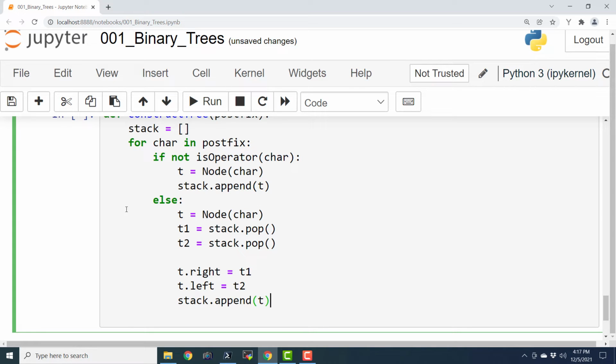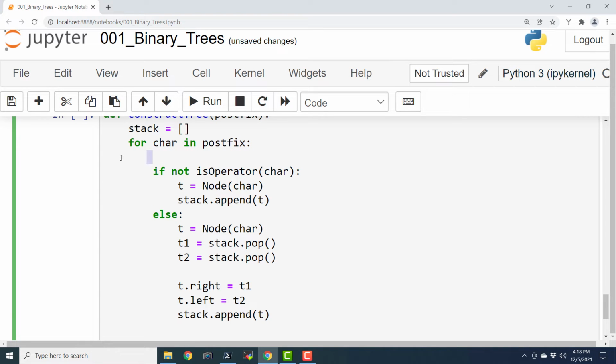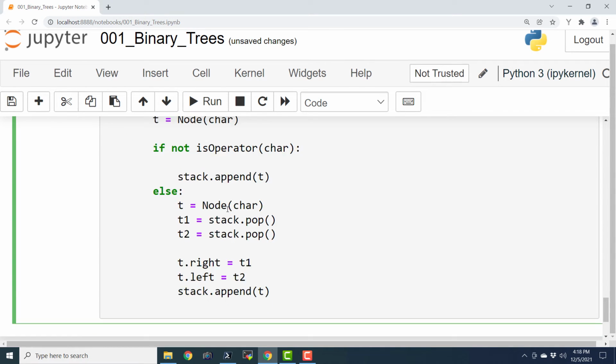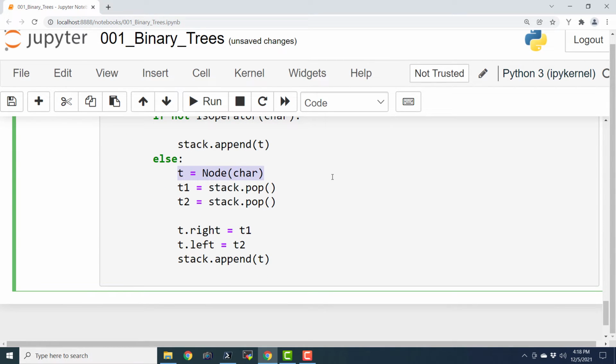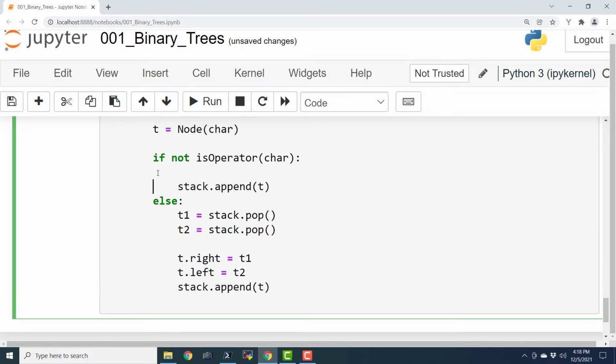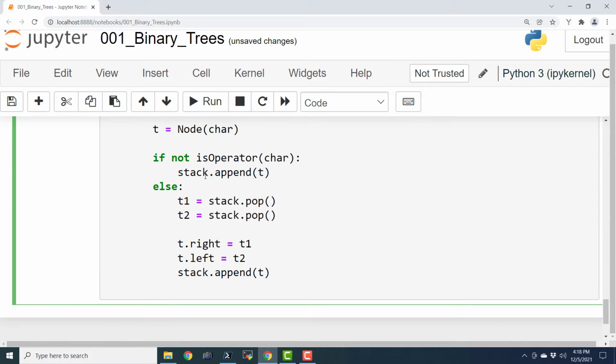Now I think that we have repetition of code here. Here and here. So we can rewrite this entire block in a bit more efficient way. I will just cut this here and I will say create a node, and then we are going to check if that particular character satisfies that is_operator condition.